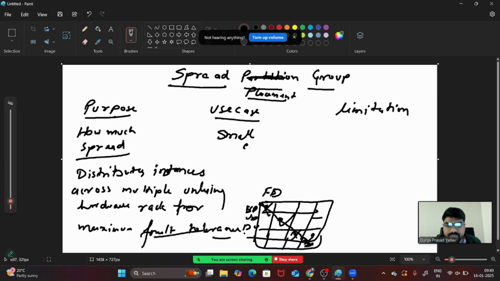And the use case of it is for a small workload. If you do have a small workload, and that workload should also avoid simultaneous failure, meaning if two machines are failing, or the racks are failing simultaneously, in that case you will be using this spread placement group, right?